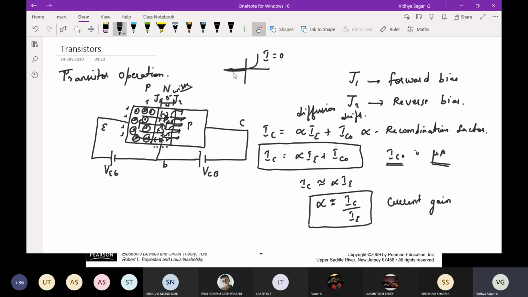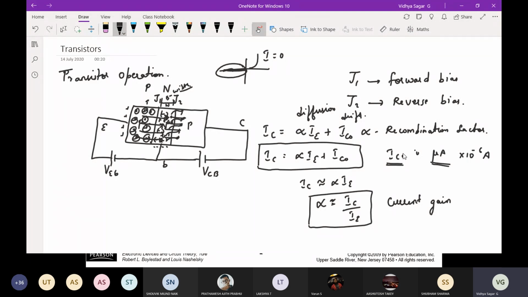The current is maximum and exponentially increasing, whereas in reverse the current is very, very small. We are not reaching breakdown here, so it is very, very small. Because of this, I'm just considering it very, very small and neglecting it, approximately equal to 0. That is what I'm trying to define. You know what micro is, right? 0.00000 amps, 10 to the power of minus 6. Yes, sir.